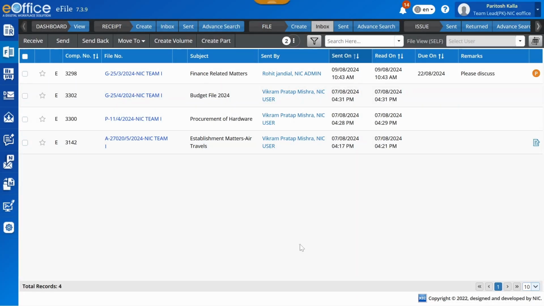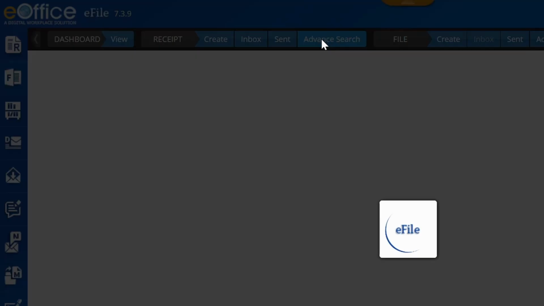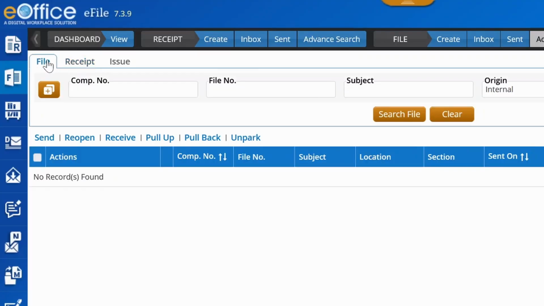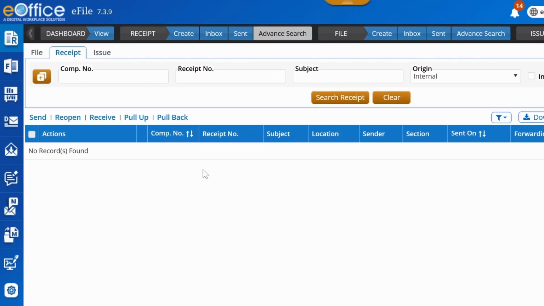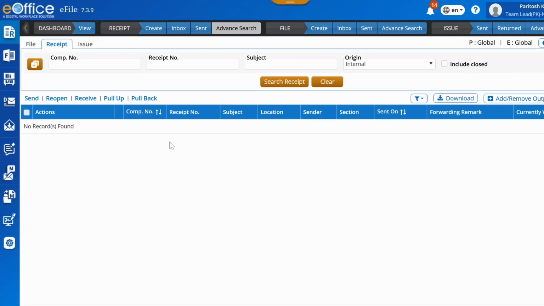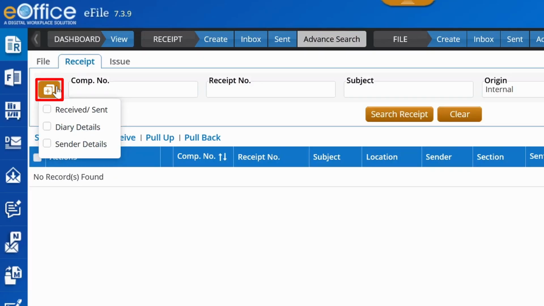Advanced search of a specific module can be accessed by clicking on Advanced Search in the Quick Access menu bar. Once you are there, you can switch between these modules using the tabs at the top as well. The default view of the Advanced Search screen gives you basic parameters for searching quickly. If you need more specific parameters, you can click on the plus icon and choose additional options.